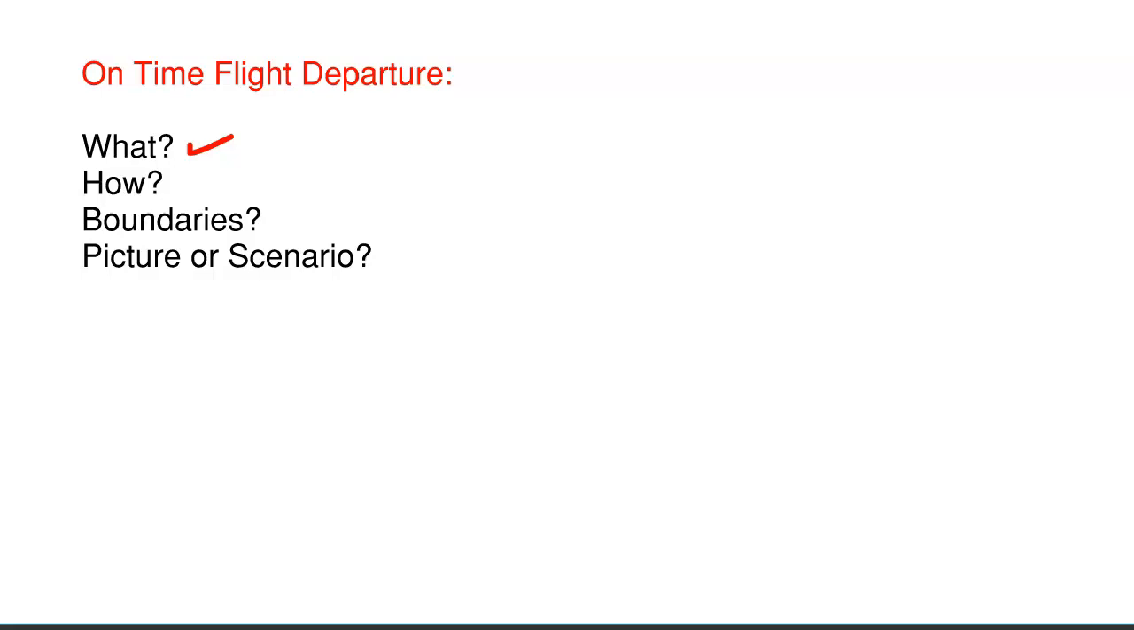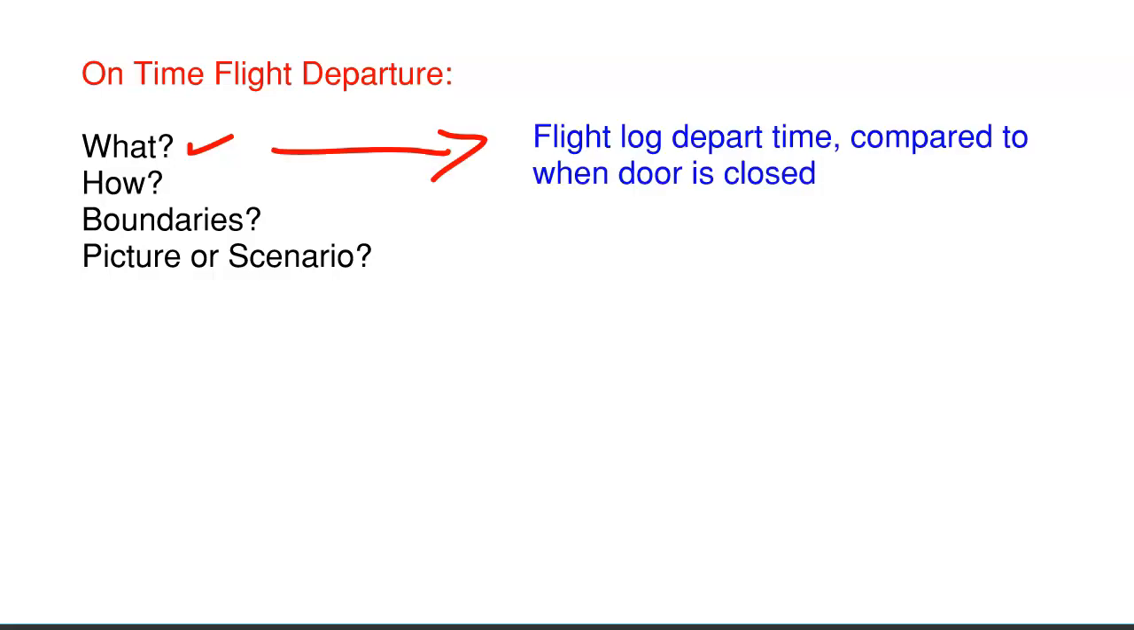And here's where I'm going with this. When we're talking about on-time flight departure, it could be about getting bodies into the plane and getting the door shut, and comparing that to something that's in a flight log. So in this first example, I took a little bit of an organizational perspective. Maybe we compare the departure time in a flight log to when the doors are closed. But I think a better, more customer-centric view would be